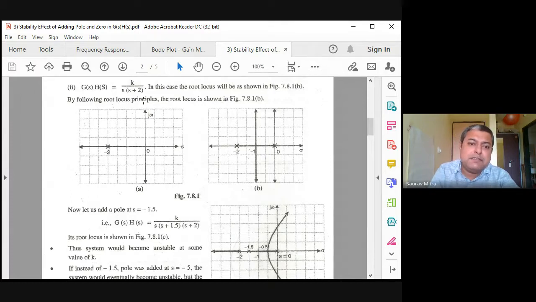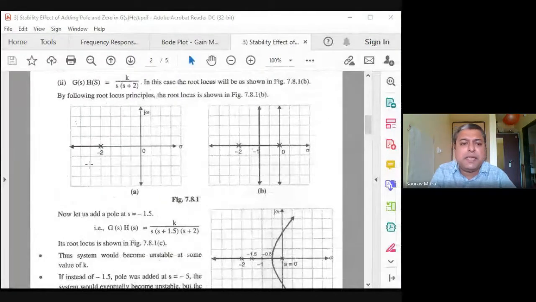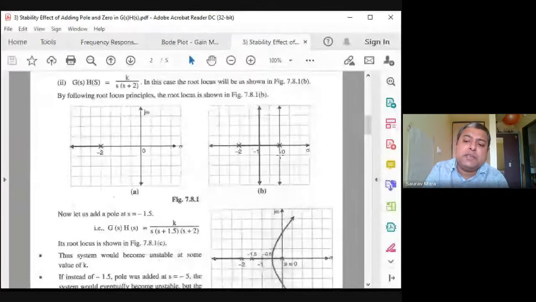Next step, what I have done is I have inserted a pole at origin. So K by s plus 2 now becomes K by s into s plus 2. This is one pole, this is another pole. We found that if you increase K slowly, this origin pole will shift leftward, and the pole at minus 2 will shift rightward. At a certain point they will collide at minus 1, and then they will diverge and go towards the imaginary axis. So two zeros are kept at infinity, and the asymptotic angles will be 90° and 270°. So they will be going towards infinity like this.